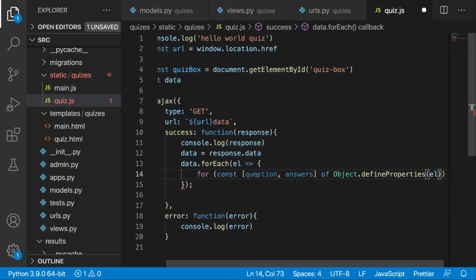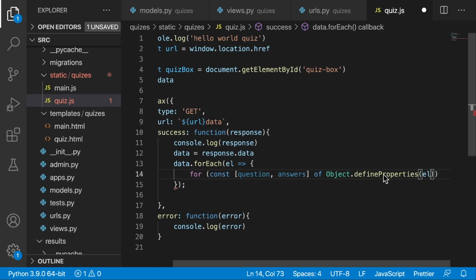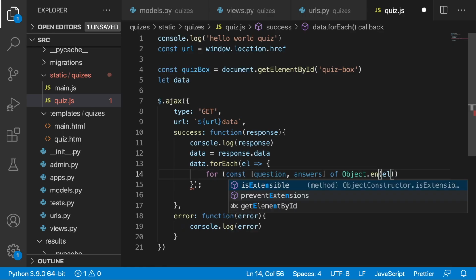All right, so now we are having a question as a key and answers as a value. Okay, and here I just made a mistake. Why is it defined properties? It should be entries